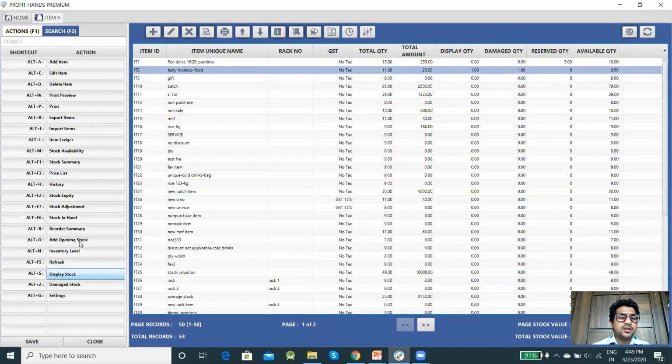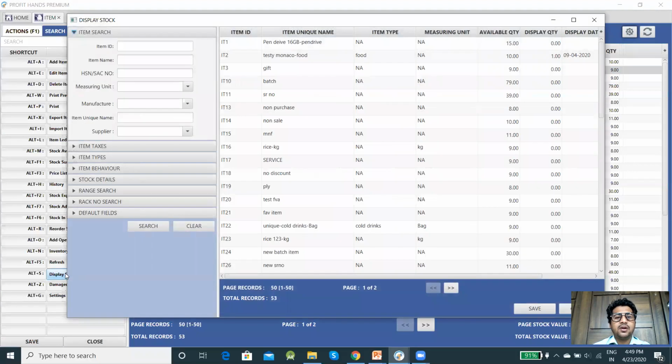Consider this Testy Monaco only, and you can click on display stock. As you click on display stock, you will get a list where you will get all the item list as well as the item which you want to put into display. Suppose two items I want to make in display.